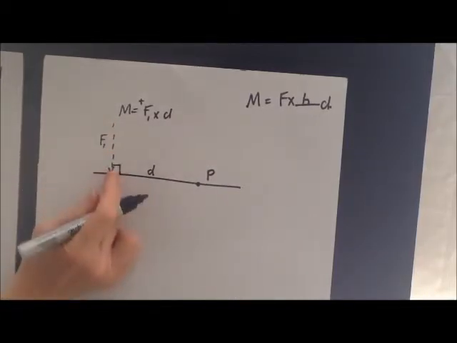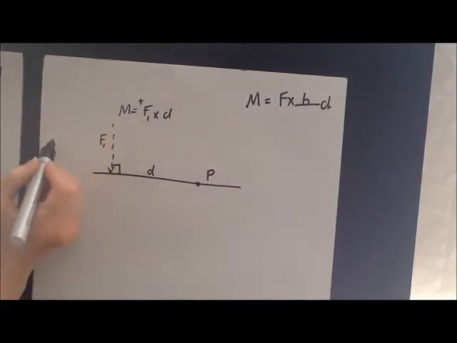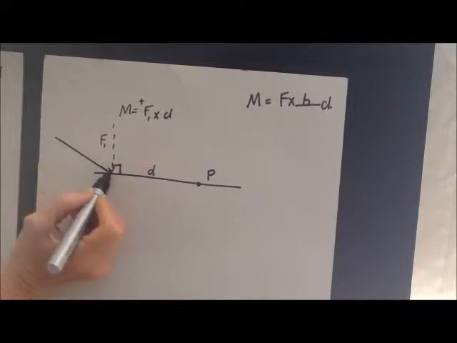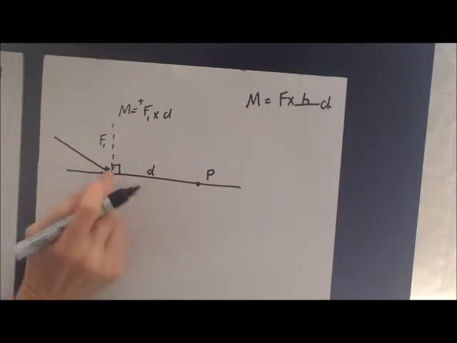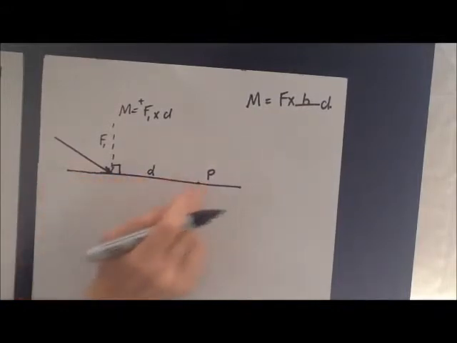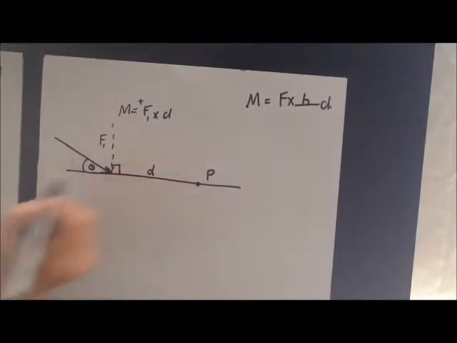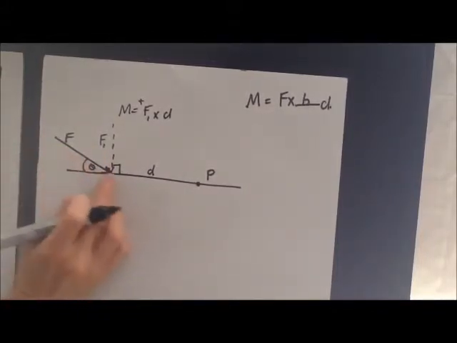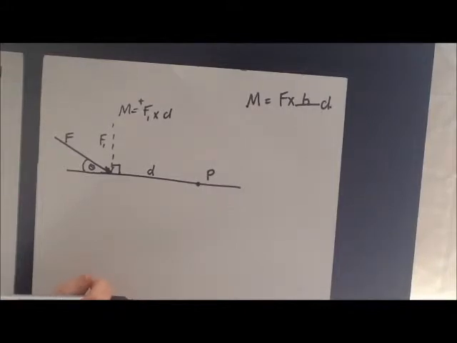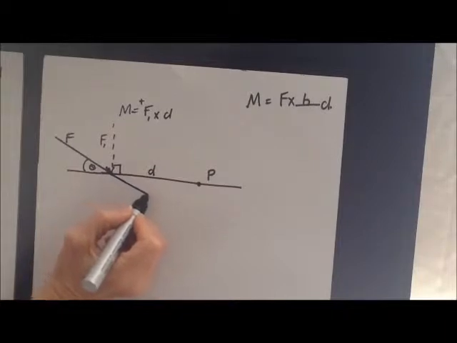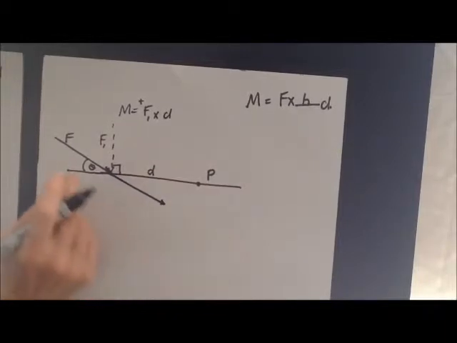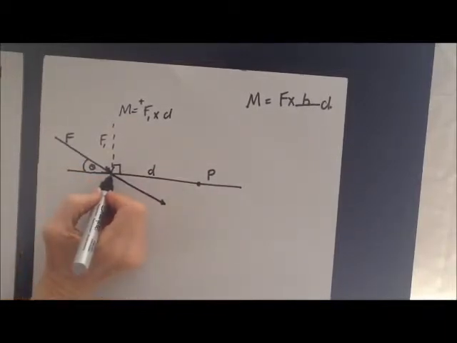However, often we don't have a nice perpendicular force. We actually have a force that's oblique to the plane. And we know the angle, and we're given the force. How do we then work out the moment of this force around P? Well, what we can do is remember that this force has a line of action. And that line of action can be used as a diagonal,